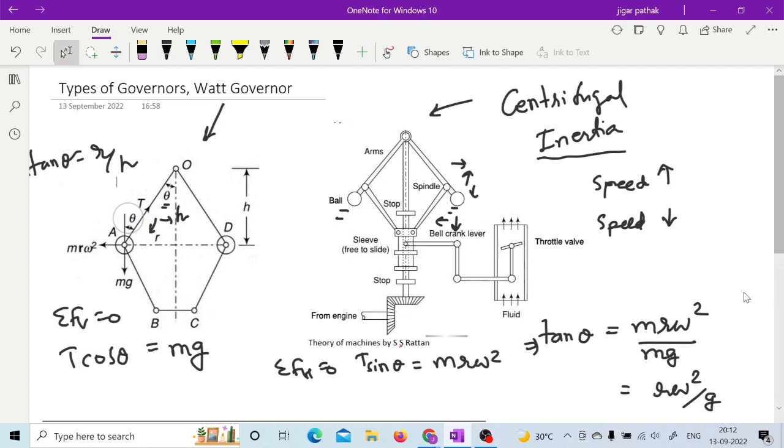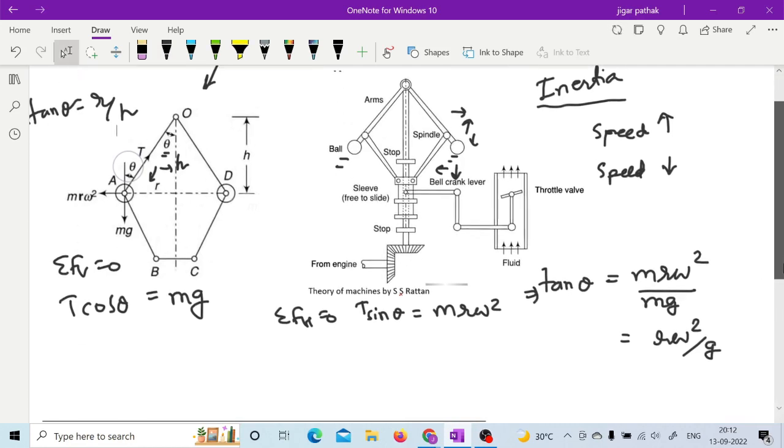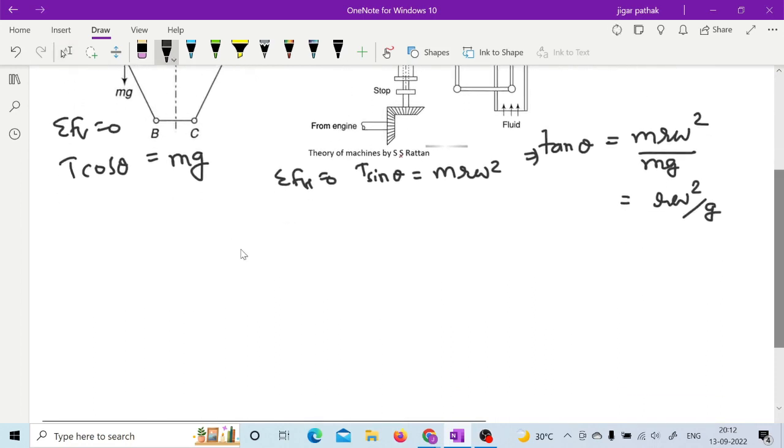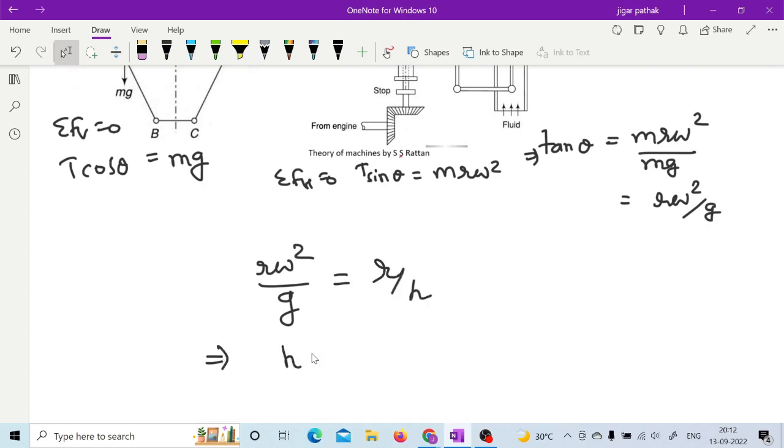So now if you have tan theta equal to r omega square by g and r by h also, you can equate these two. So from this what you will get is h is equal to g by omega square, and further if you write